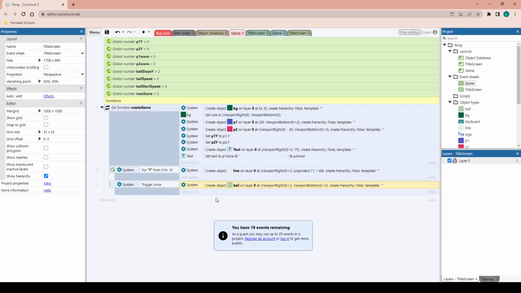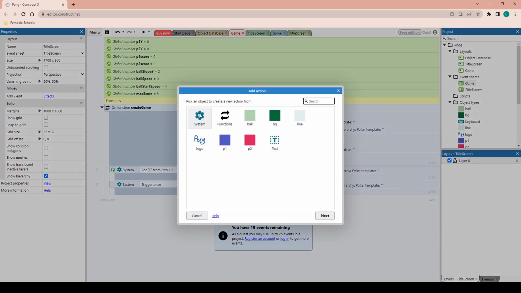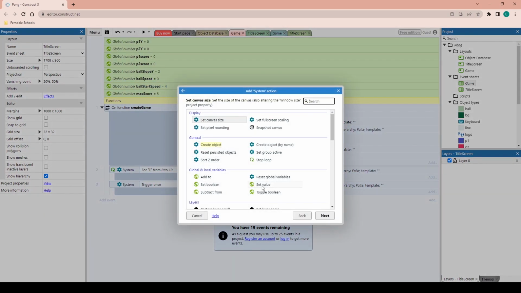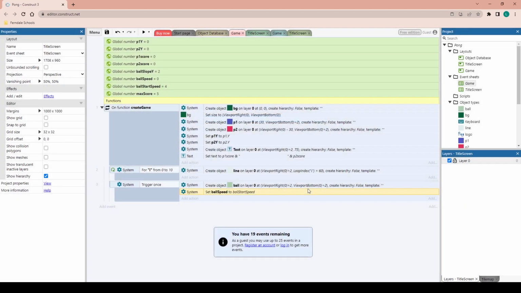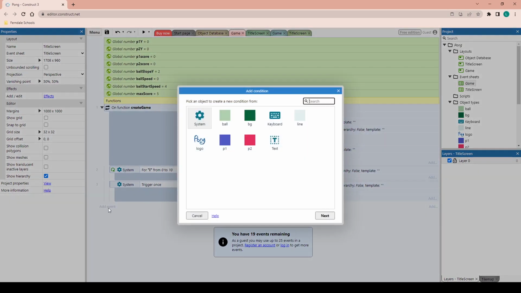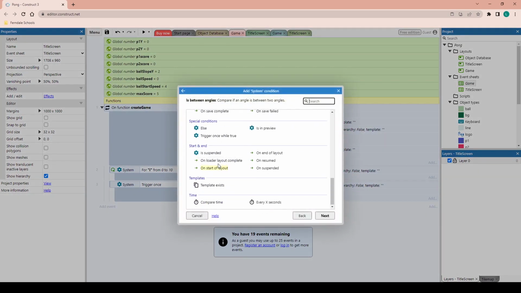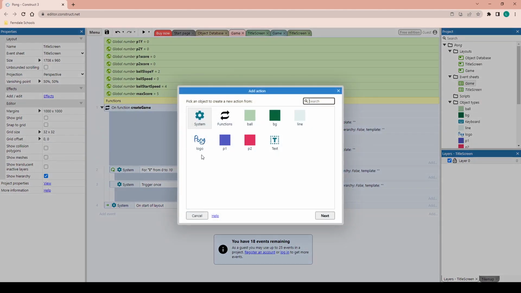Okay, the last step in this function is to give our ball some speed, and we want to set it to our ball start speed. So we'll add an action, system, we're going to set value, we're going to set ball speed to equal ball start speed. Okay, our function is created. Now we need to call it and see if it works, right? So let's add a new event, and we'll say system on start of layout, call our function,